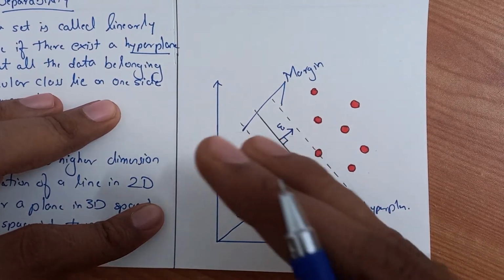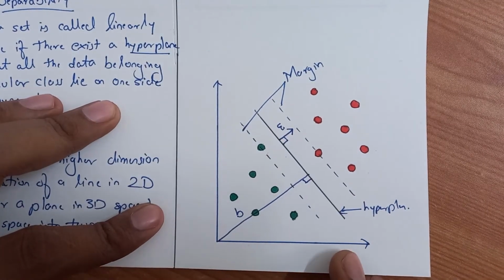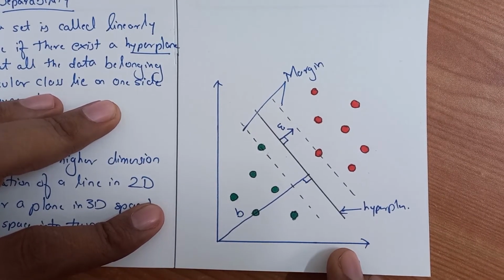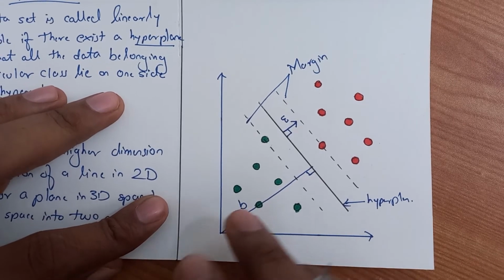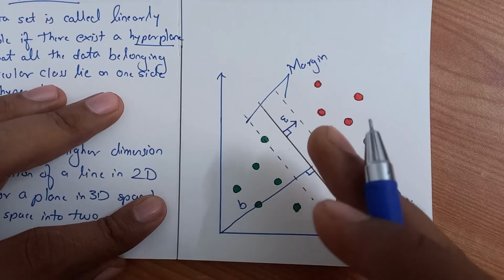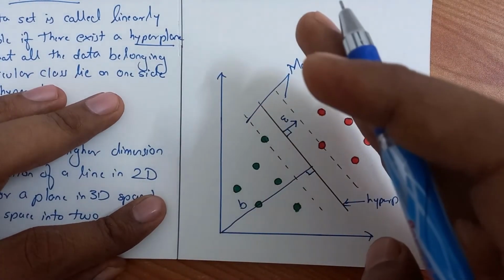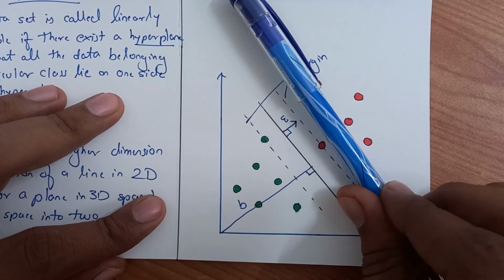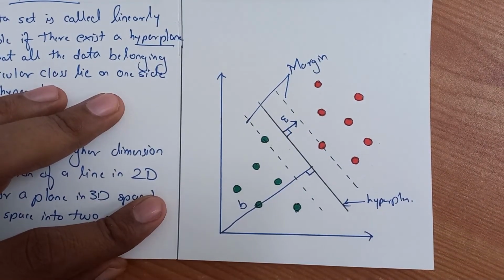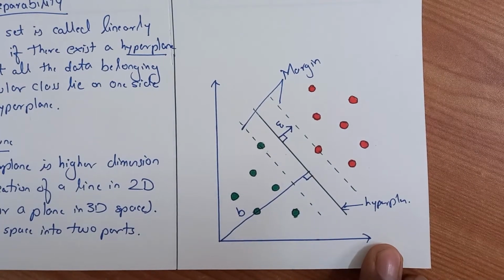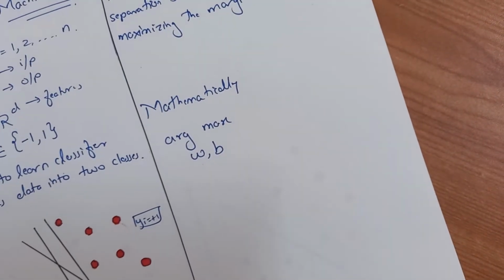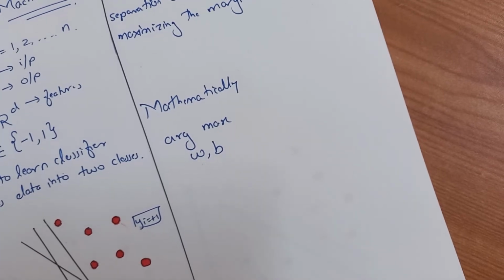How come? Because W actually helps us to rotate left to right. With the help of W we can do that, and with the help of the B value, which is the distance from the origin to the hyperplane, we can shift the hyperplane up by a level like this, or we can bring it down also. So we are getting control here. So this is what SVM says, that we want two values here to predict the final, perfect values for W and B. W is nothing but a vector orthogonal to the hyperplane, and B is the distance from the origin to the hyperplane.